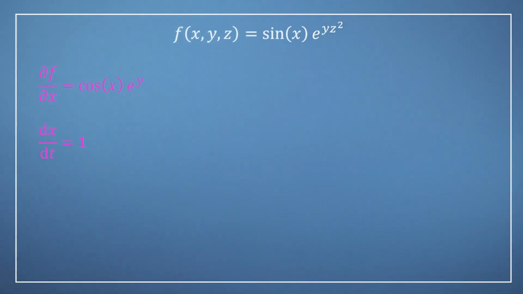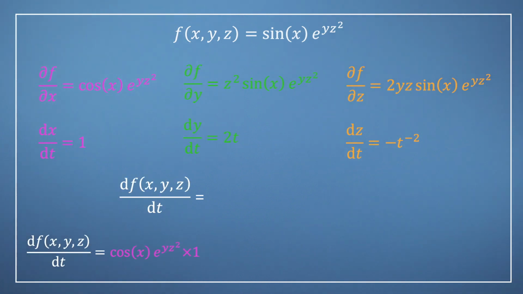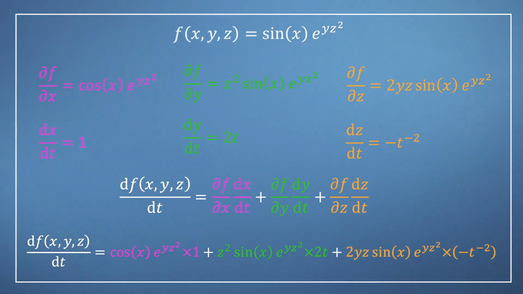So, dx by dt is clearly 1, dy by dt is 2t, and dz by dt, if you remember from our 1 over t example, is minus t to the power of minus 2. Nothing hugely complicated here. However, when we then sub it into our total derivative expression,